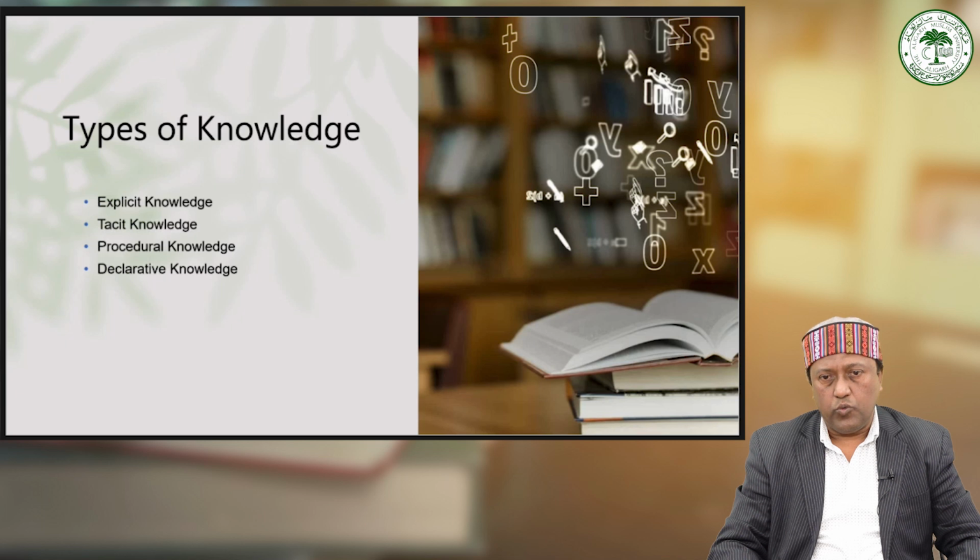Explicit knowledge refers to knowledge that is codified, documented, and easily transferable through formal language and communication channels. It can be easily articulated, written down, and shared with others. It is typically objective, verifiable, and tangible in nature. Explicit knowledge can be found in documents, manuals, databases, and other structured forms,